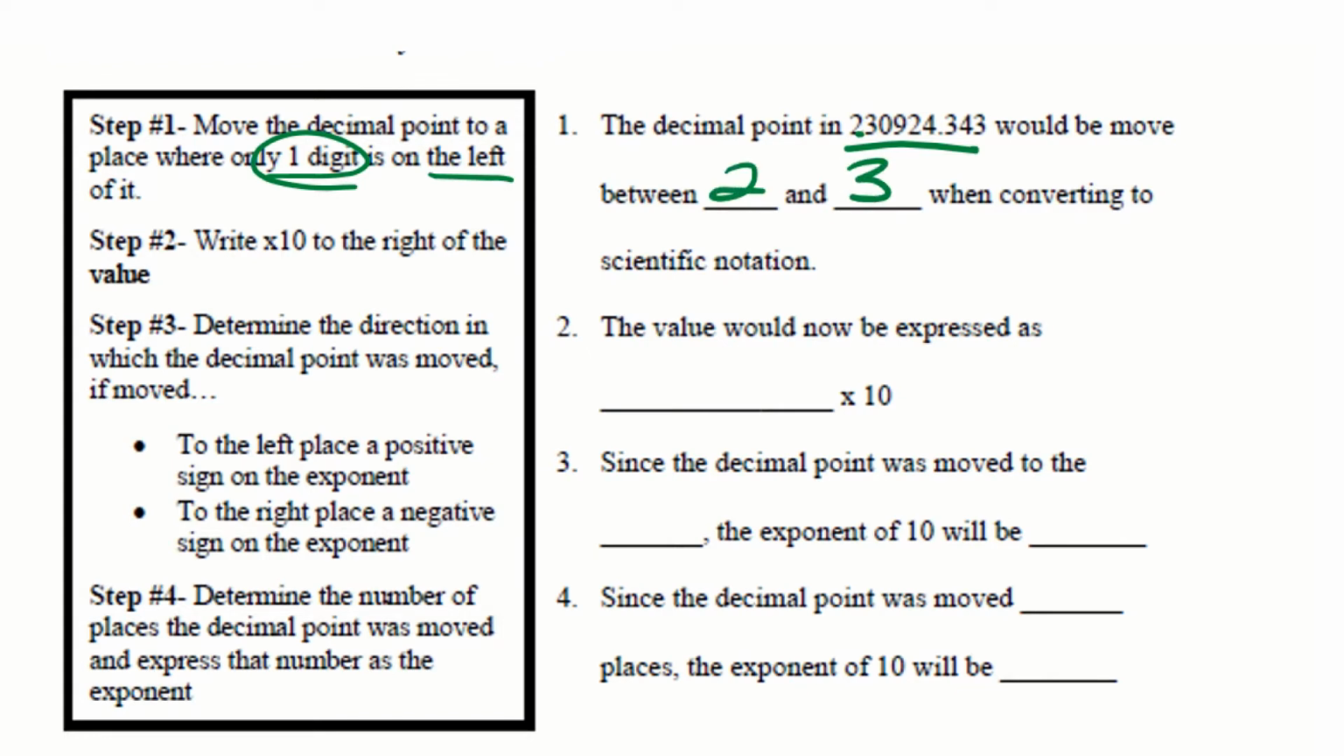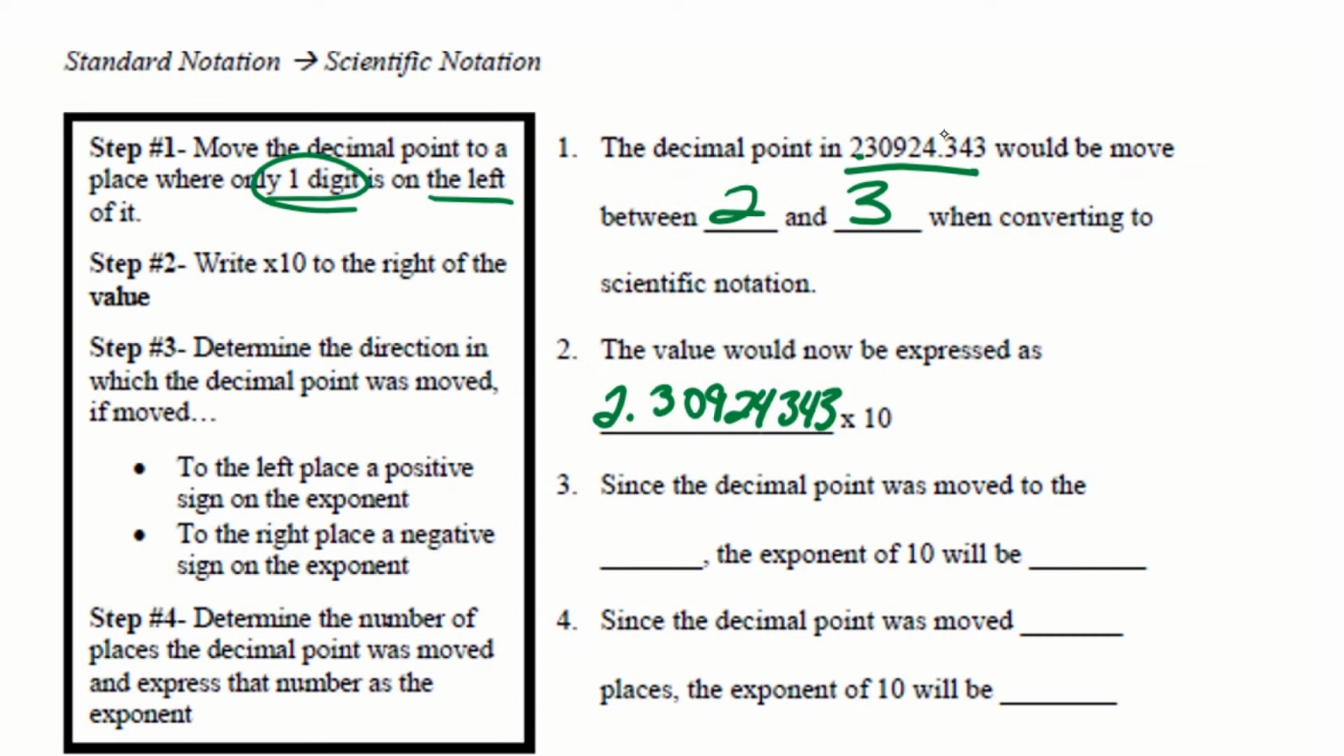Now, step 2 is write times 10 to the right of that value. So I now have the value of 2.30924343 times 10. Now, since the decimal point was moved to the left, based on step 3, it says that if it was moved to the left, there's going to be a positive sign that's going to be placed on the exponent. So the exponent of 10 will be